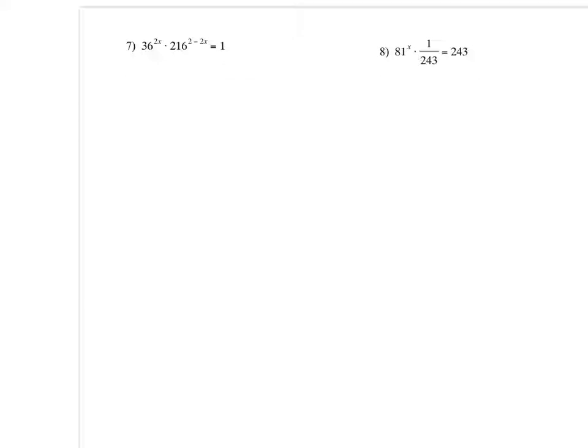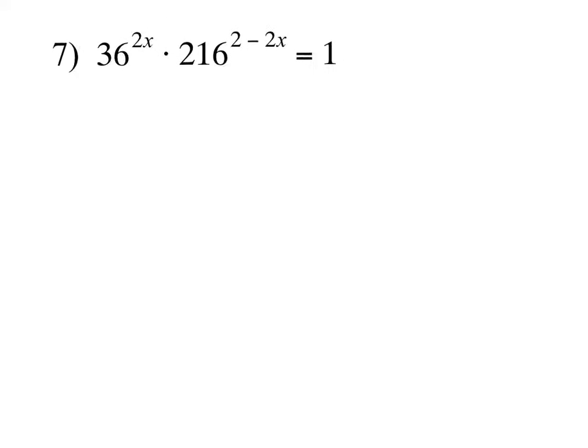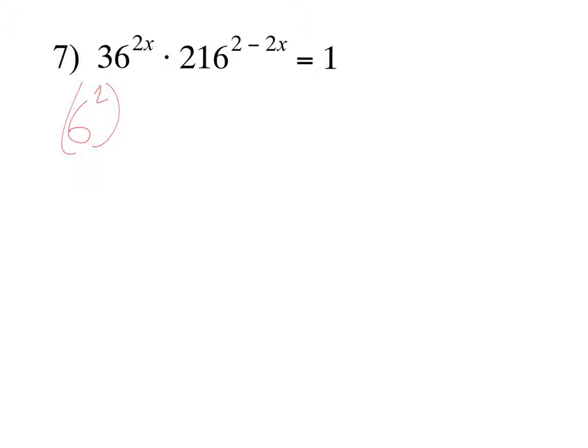Moving on, we're going to look at one more of these problems. Here I've got 36 to the 2x times 216 to the 2 minus 2x is equal to 1. So the first equal should have been multiply. All of these things can be written in terms of a base of 6. So we've got 6 squared to the 2x times 6 to the third to the 2 minus 2x, and then